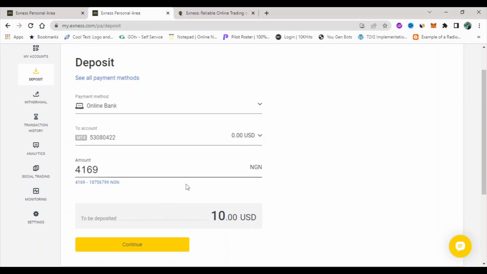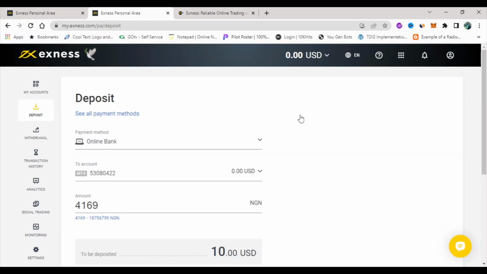When the person that funded naira has finished his own funding, of course you cannot just fund and, when they credit you, transfer the money immediately. No, you cannot do it like that. The next thing that two of you are going to do, before you do any transaction, before you send or before you withdraw, is this. After you have done the funding, what you need to do now is